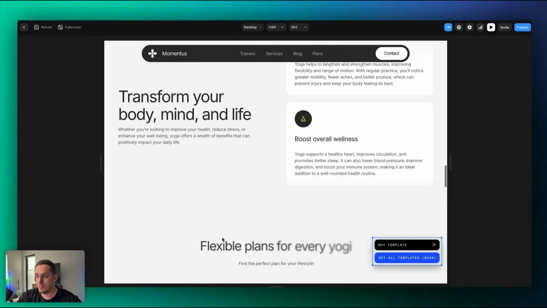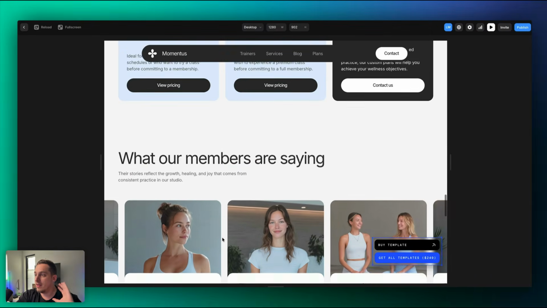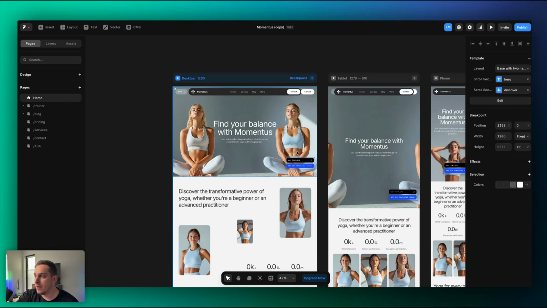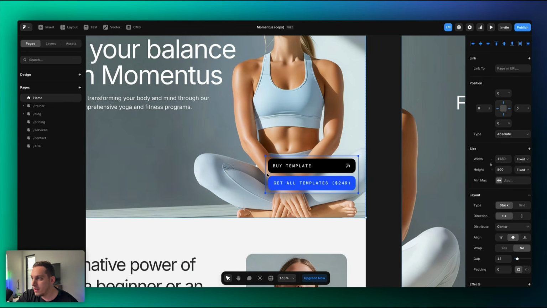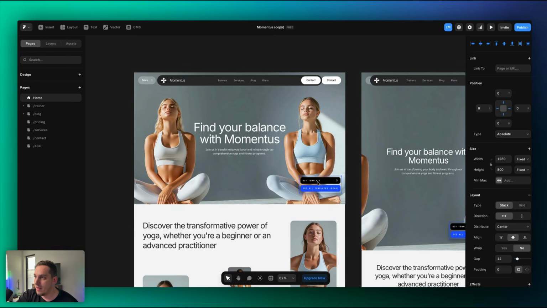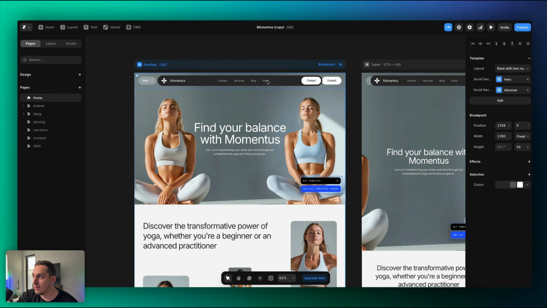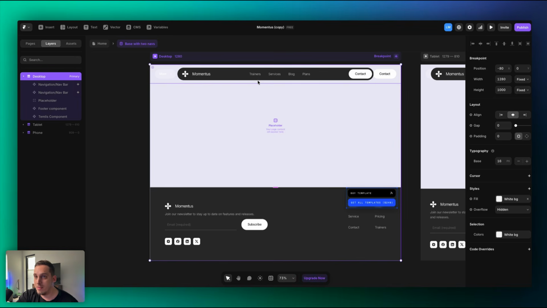But this is the first step, just to scroll through everything and see if you like everything. Now let's go ahead and delete this, right? If I were to click on this, I can't really delete it. And why is that? That's because this is tied to the Navbar. So if I were to click on this, I can just double click, and then it takes me to this